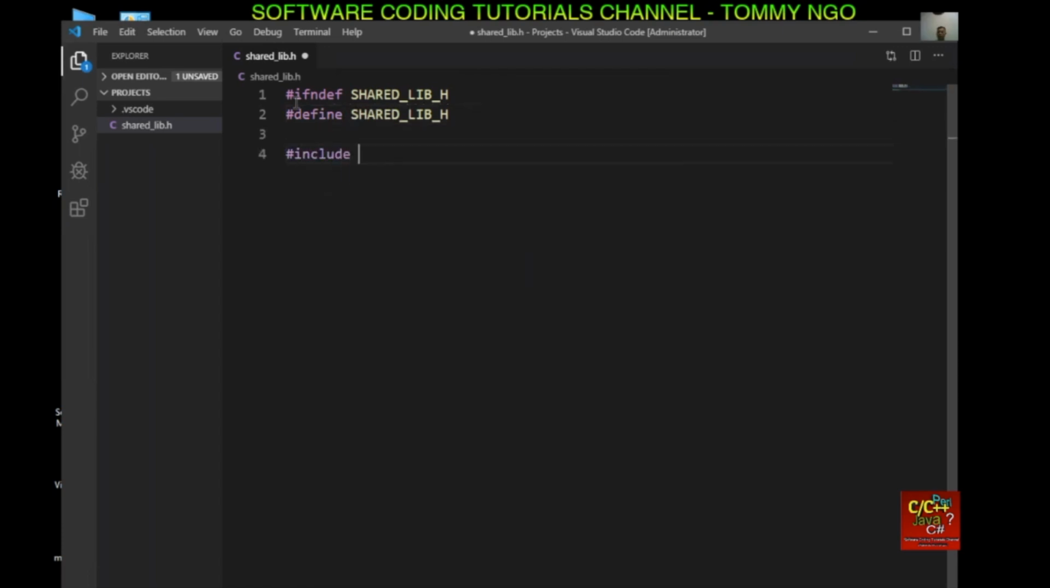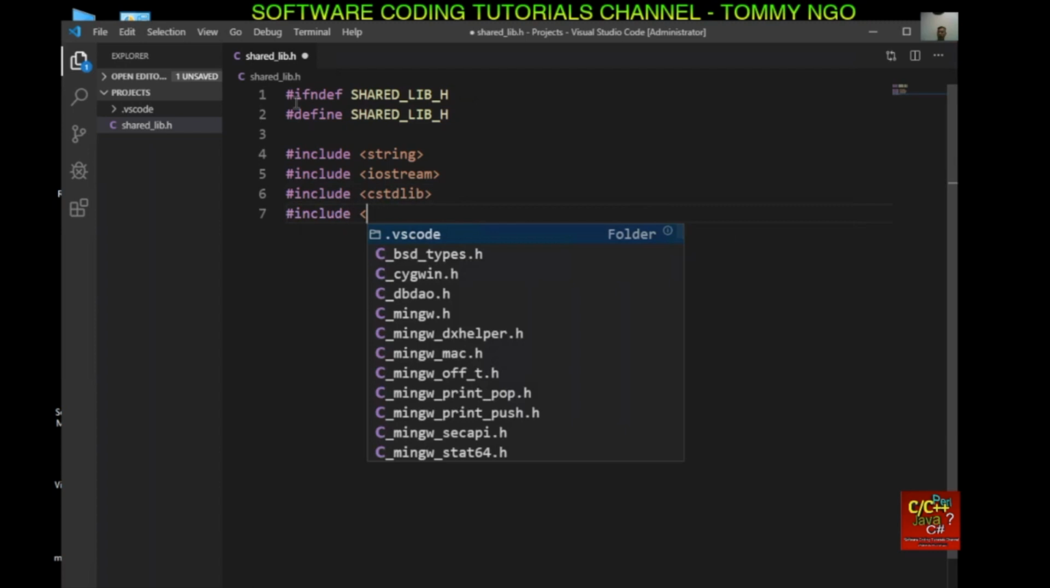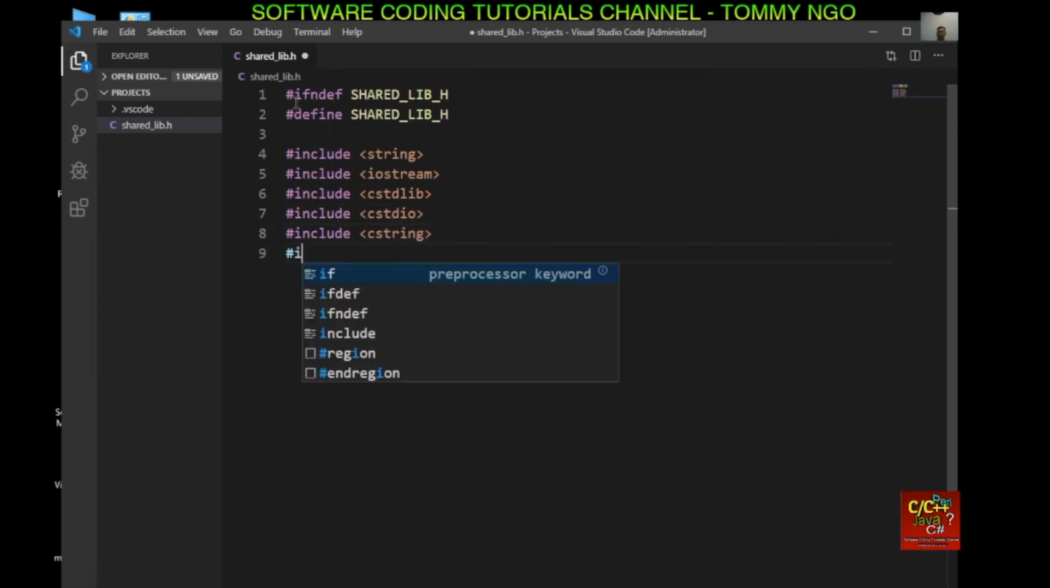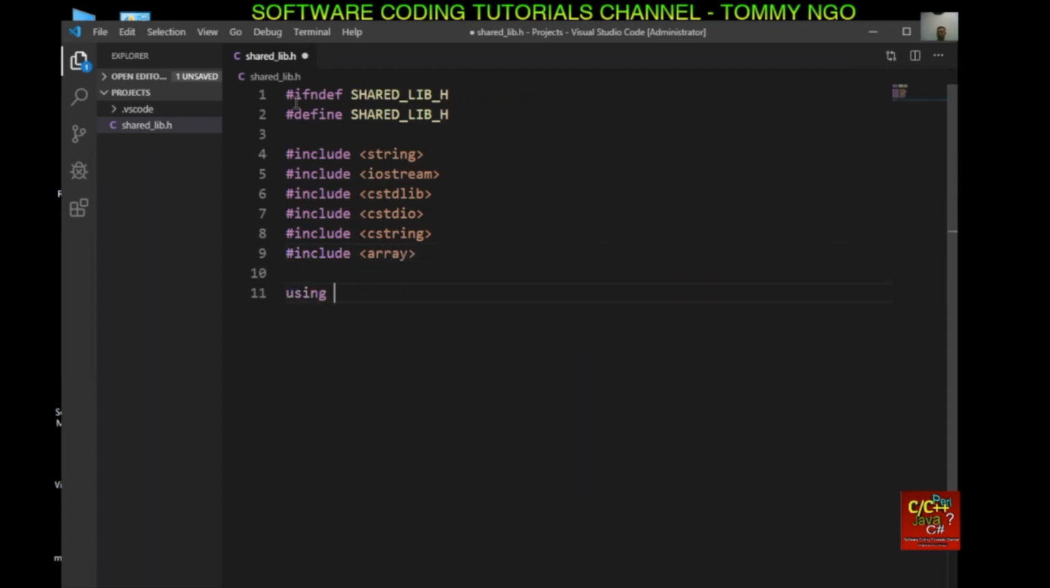Include string, include iostream, include cstdlib, include cstdio, include cstring, include array. I'm going to declare using namespace std. I'm going to declare #ifdef __cplusplus